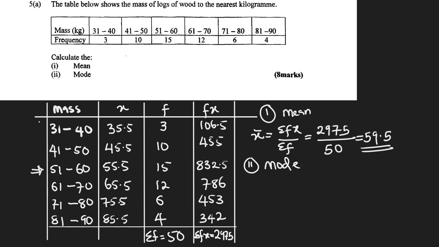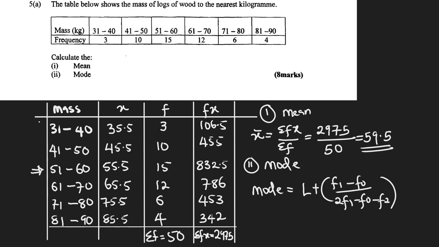The formula is given by mode is equal to L plus (F1 minus F0 over 2F1 minus F0 minus F2), close the bracket,